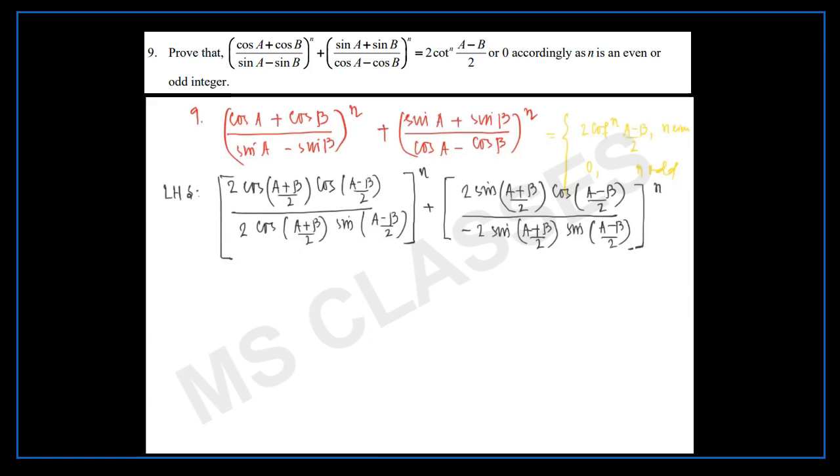Now you simplify. 2 cancels out. This and this cancel out. This is cot to the power of n of A minus B by 2